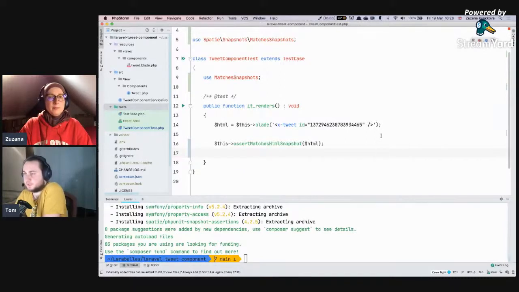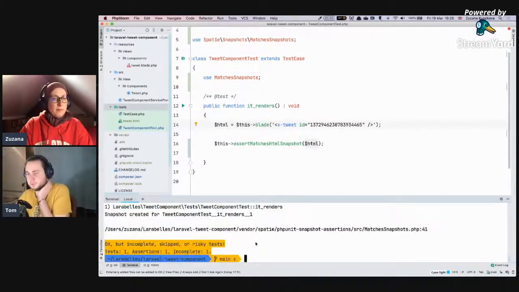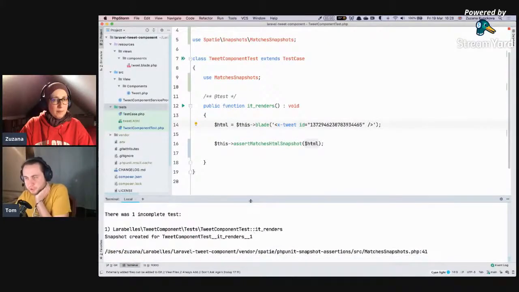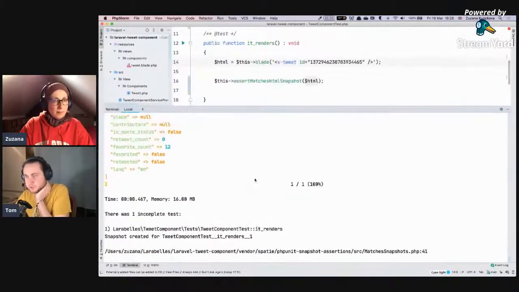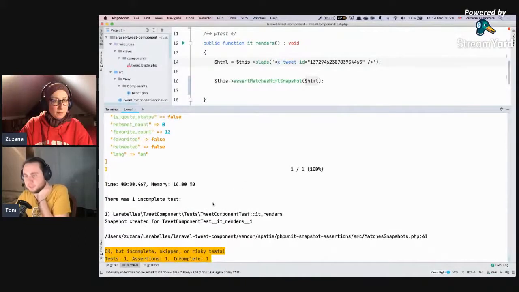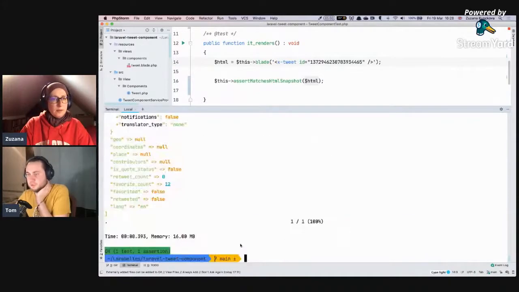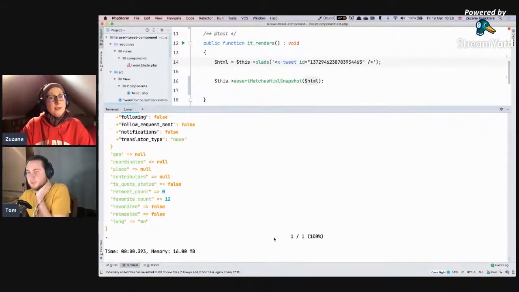So what it does now is if you run PHPUnit, so composer test, it will tell you snapshot created for tweet component test. It renders 1. It has also this I in the progress bar, which means incomplete. And if you run it again now, you will have the dot and it says 1 of 1 is okay. And if you make the terminal a bit smaller,